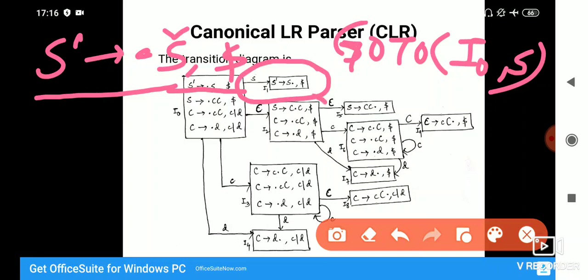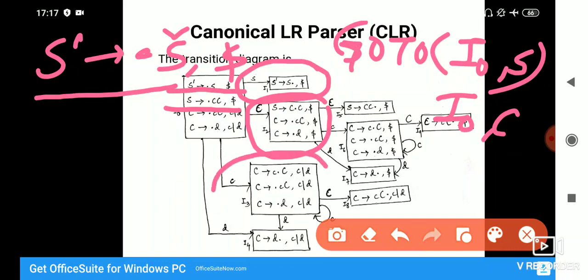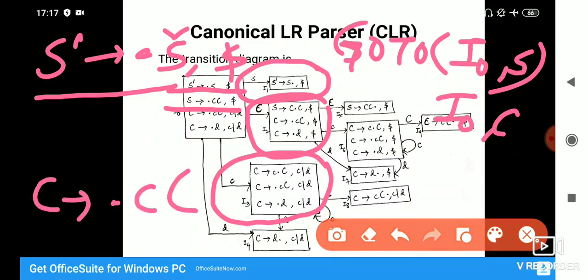Similarly, when we took the second item in the item set, S to dot CC, after dot there was capital C, so we got I2 from there, goTo of I0 comma C. Similarly, we got the third one. In the third, after dot there was a small c, so movement is for small c.